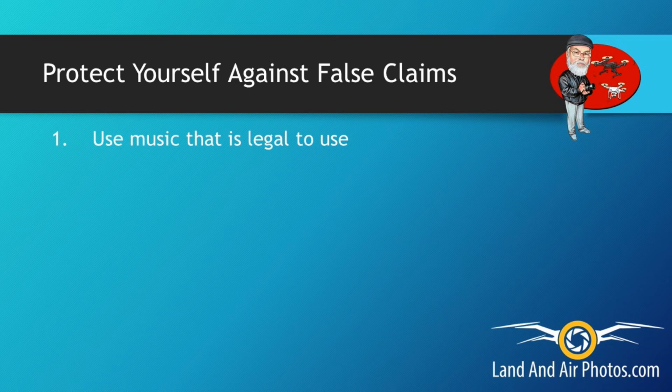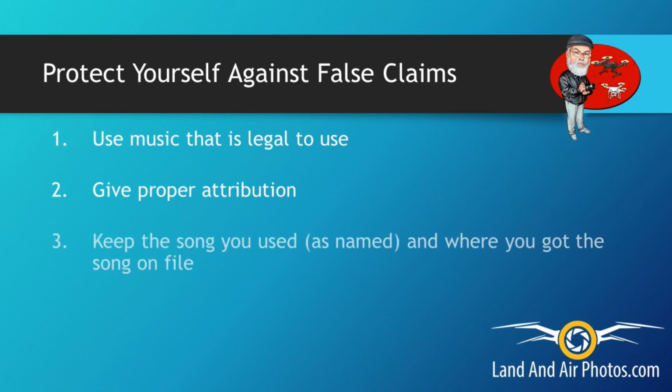Step 1. Choose music that is legal to use. Don't upload the soundtrack from Star Wars and expect to avoid a claim. Step 2. Give proper attribution. Each artist will tell you how they want their attribution to read. Follow their instructions to the letter. I get my songs through Audioblocks, so I'm not required to give attribution. I still put where I got my music, images, and video clips in the description of every episode.